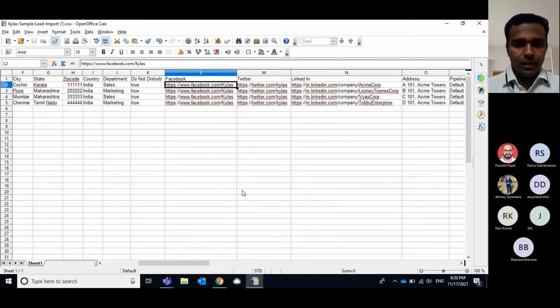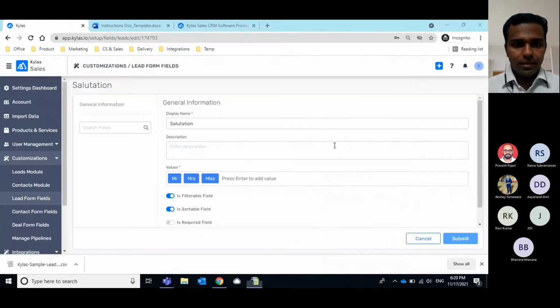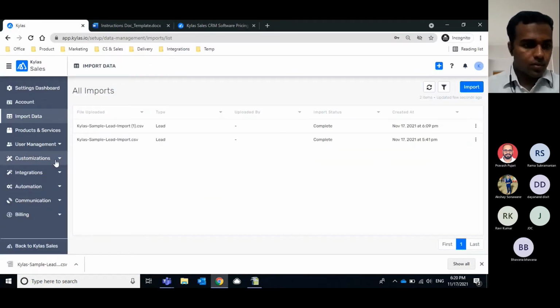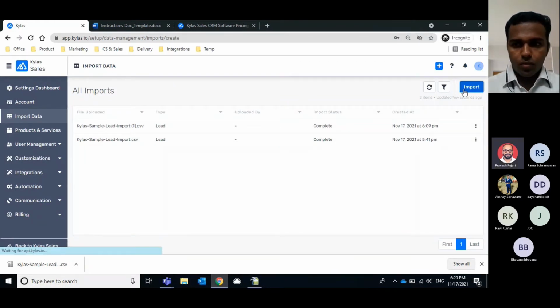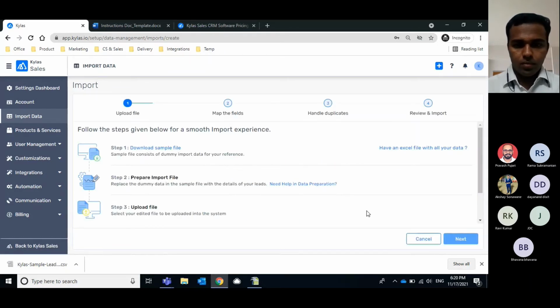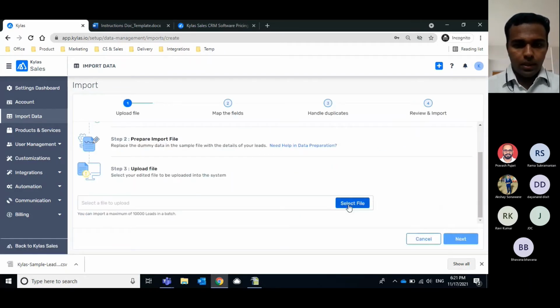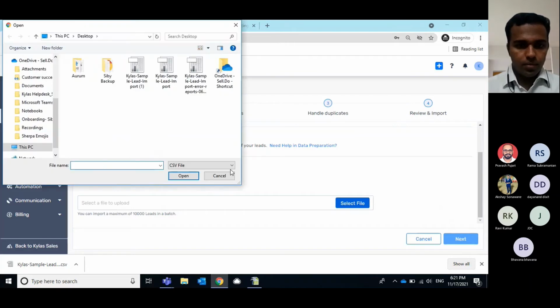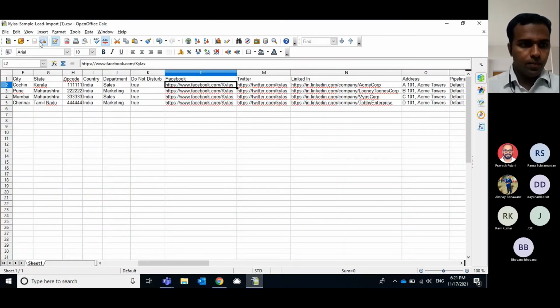So now I will rerun this import process to generate an error file so that I can walk you through the errors which might happen while you import data into Kailas CRM. So I am uploading the same file. Let me save it first.